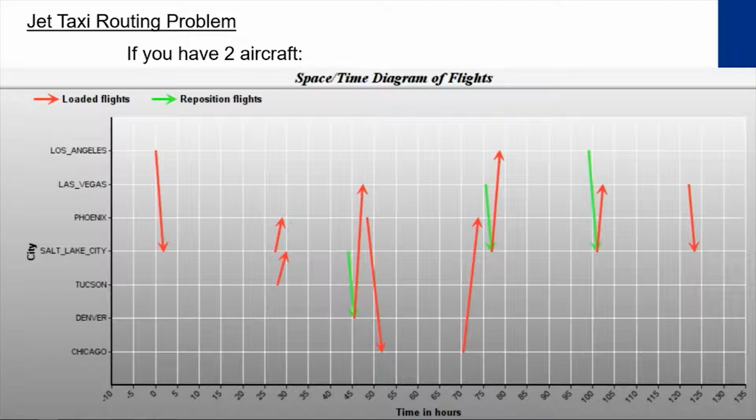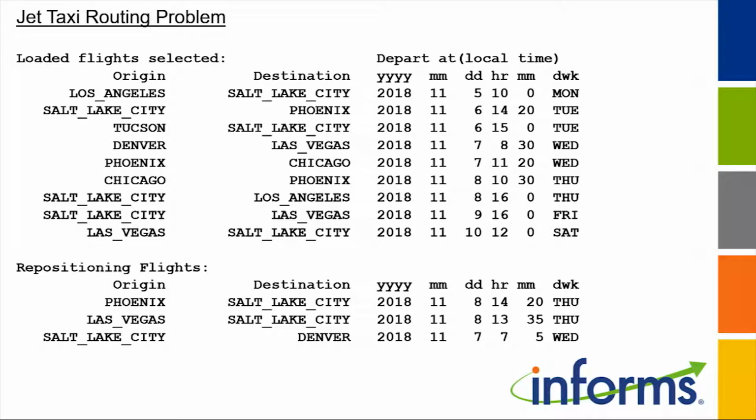And let's see, we had an aircraft here to cover that. And then here we did some fairly quick repositioning. So we did 3 repositions to cover all of the flights with 2 aircraft. So it gives you a quick way of explaining a solution to someone and showing what's going on. Now, how about one aircraft? What can you do? Here's a solution for that particular one with 2 aircraft covering 9 flights,